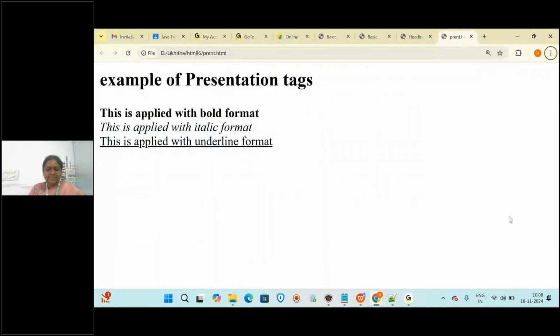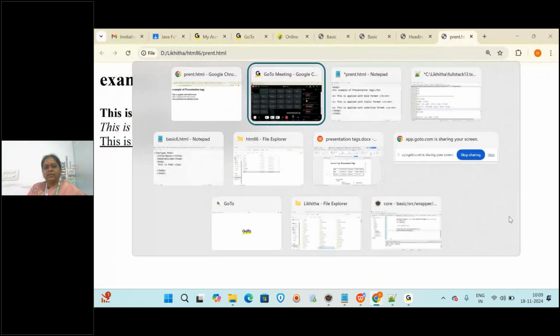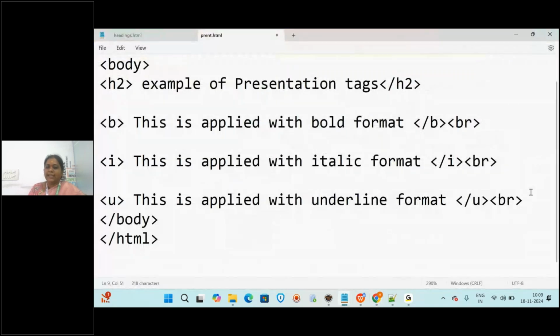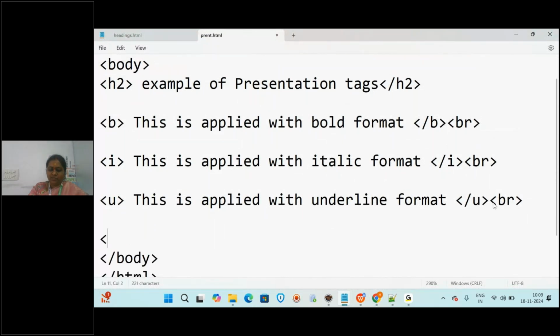Okay, so this is about a few tags of presentation: bold, italic, and underline. And next I said two more tags: superscript and subscript. So I'm going to write that also here: sup, superscript. Now first I want a square plus b square, or a plus b whole square. So for a square plus b square, first I'm going to write a, then I will write the sup tag, and I'm writing 2, and I'm closing the sup tag.